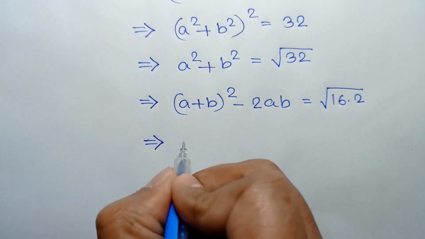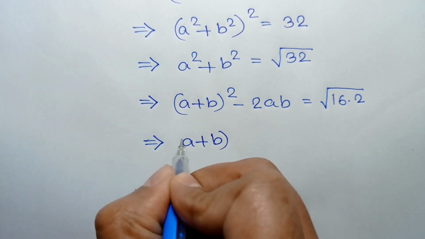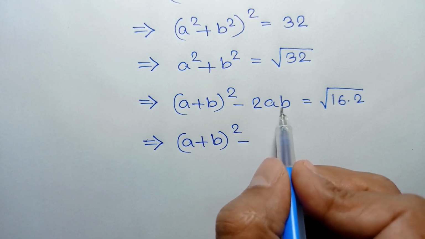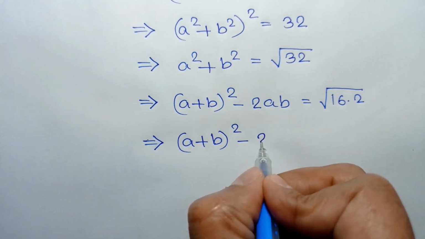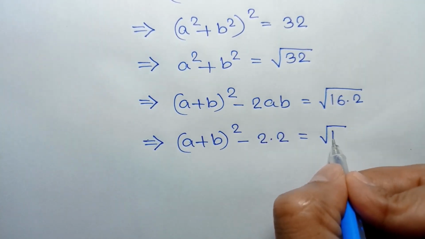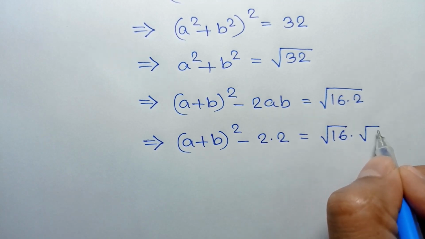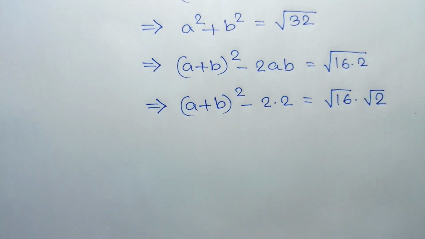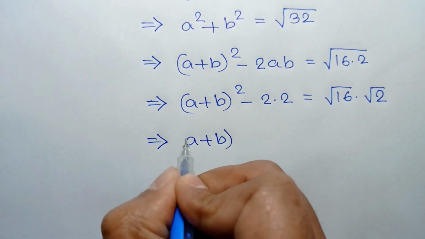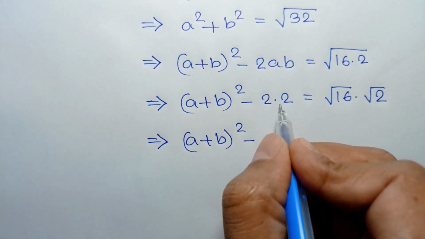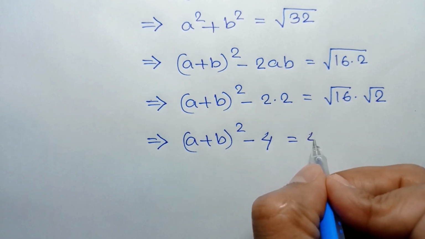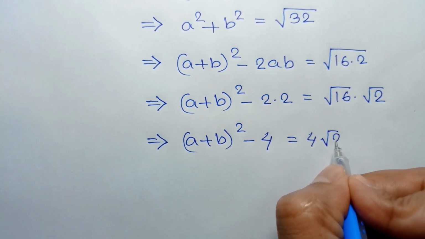Or (a plus b) whole square minus, substituting the value of ab is equal to 2, we can write 2 times 2 is equal to, it can be written as square root of 16 times square root of 2, or (a plus b) whole square minus 2 times 2 is 4 is equal to square root of 16 is 4 square root of 2,